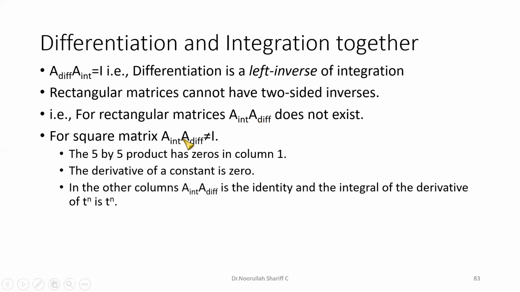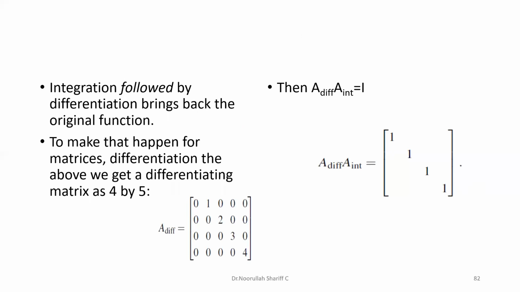For the other order, A_int A_diff will not be equal to I, because of the reason that if you try to multiply the other way around,